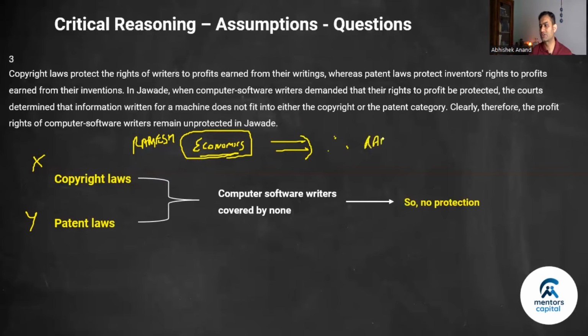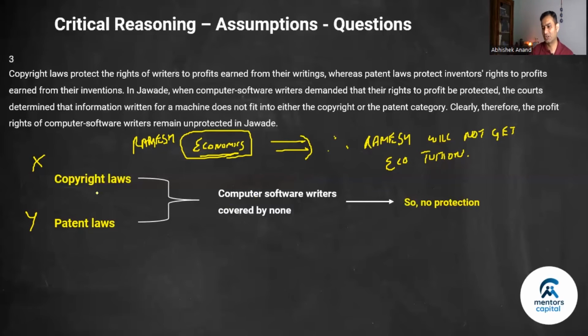Therefore, Ramesh will not get eco tuition, right? So two teachers he wanted to go to, they are completely packed, so therefore he won't get any eco tuition. So what is an assumption here? The assumption is there is no other economics teacher. There are only two economics teachers where Ramesh can go. There could be more than two teachers, right?